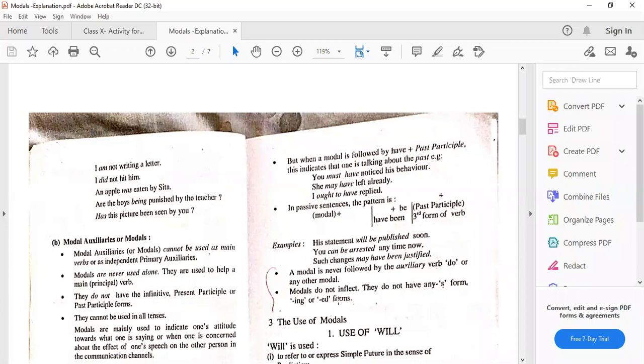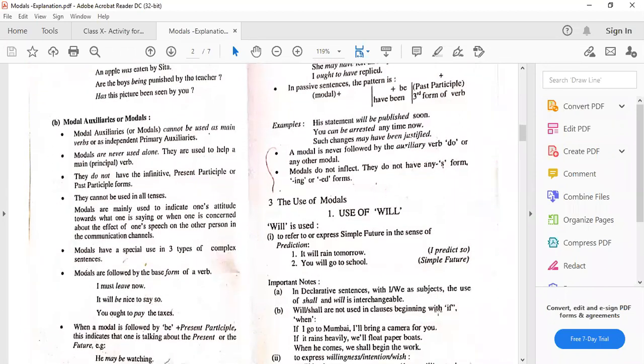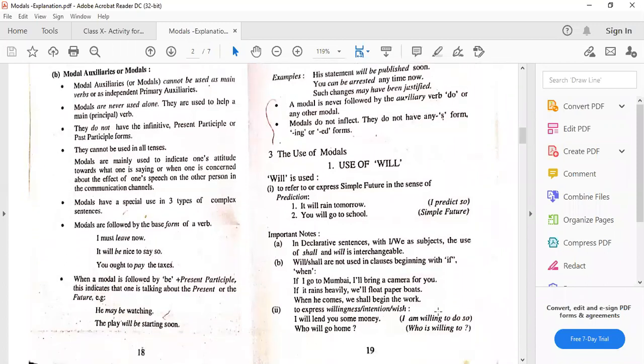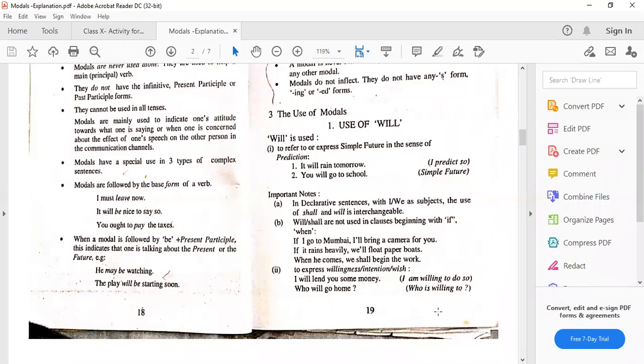आप can के साथ ing लगा सकते हो, नहीं लगा सकते ना. may के साथ ing लगता है, नहीं. ed लगती है, no. We cannot use S, ing or ed with these modal verbs. Coming to the different modal verbs. This was only the introduction, what are modals and how they are different from the helping verbs used in the